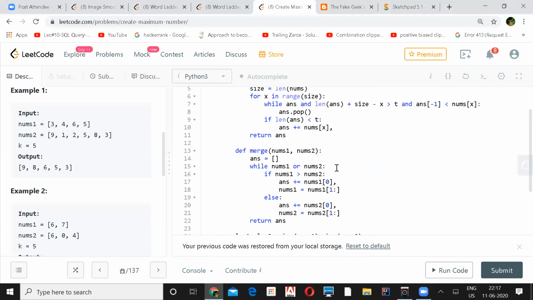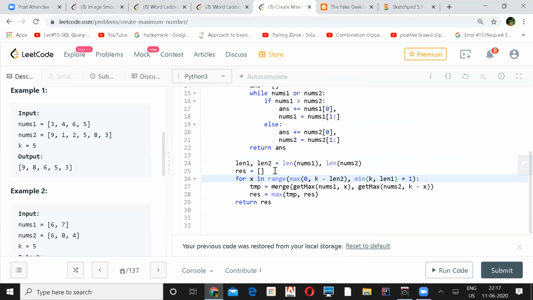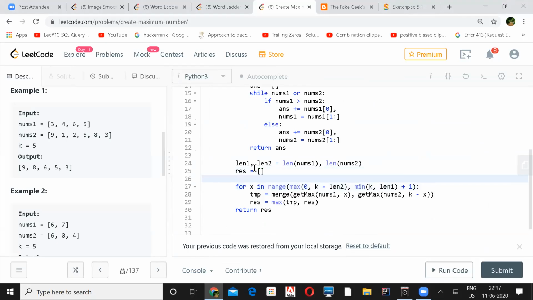Yeah. So what I did, I took the length of these two numbers, nums1 length and nums2 length, and created the res array. Res will store the maximum one every time, like 98653, updating the maximum each time. So I'm walking through from k minus the length, max of these two.